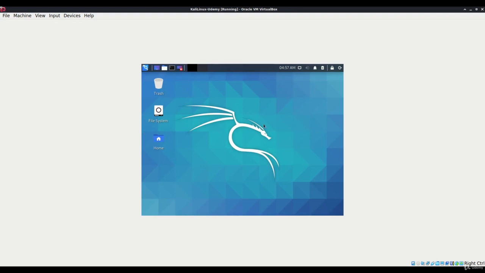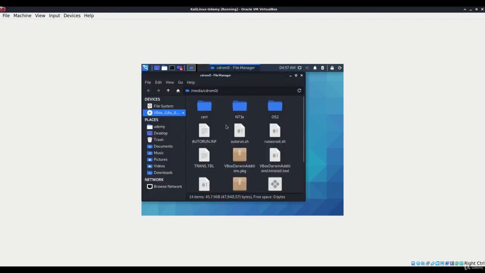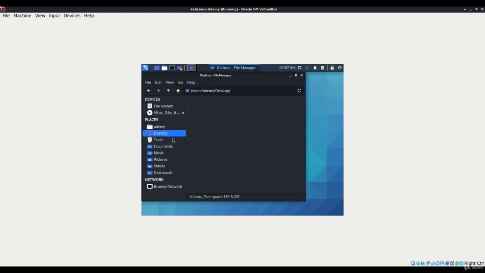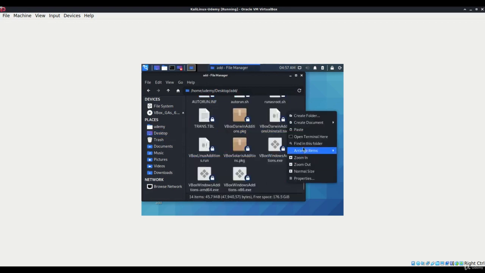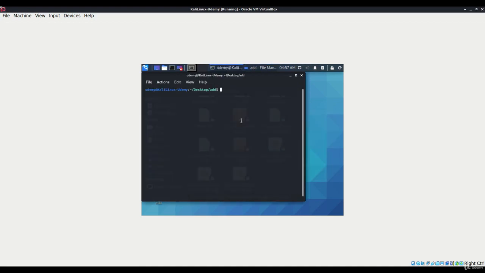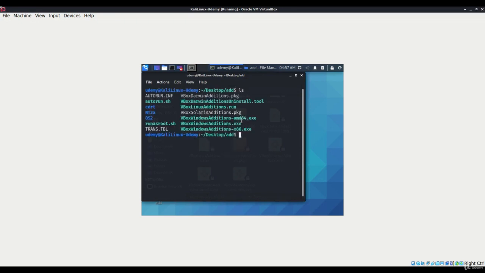As you see, the OS is minimized, the display is not that big. Let's insert the guest additions. So the disk is mounted. Copy all that, go to the desktop, create a new folder here, call it add, for example, and paste the files. So let's open a terminal here. I zoom in so you see it. So go for sudo